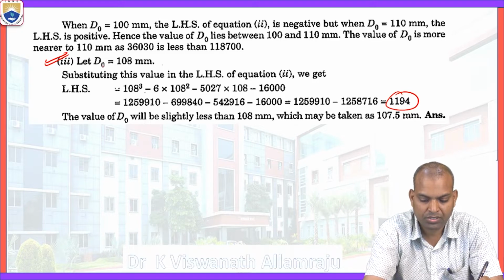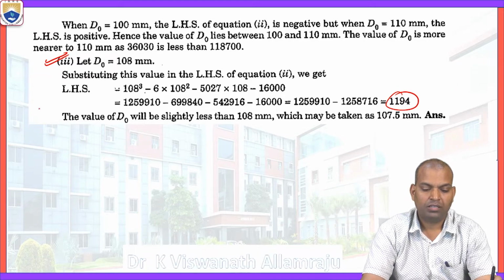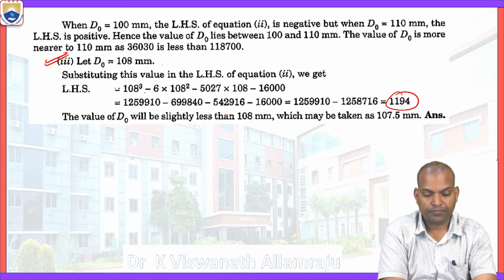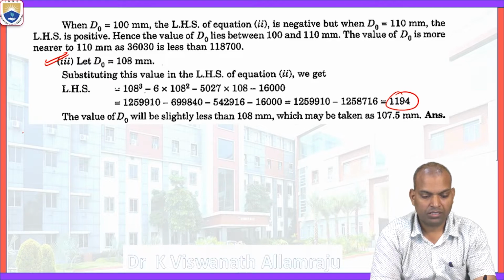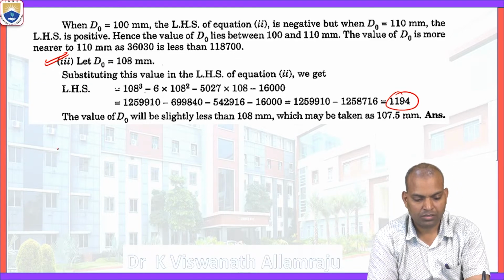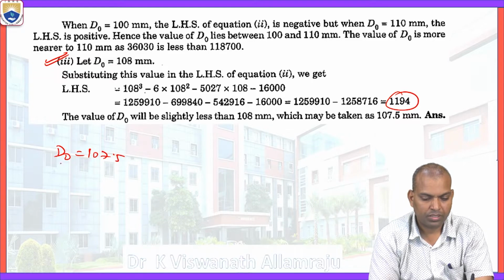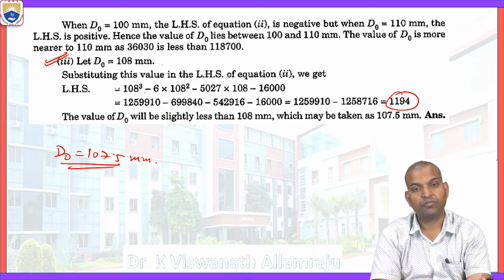107.5 millimeters if we consider it. So that DO becomes the outside diameter, comes closer to the zero value. That's why 107.5 millimeters is considered as the outer diameter of the shaft. That is DO is 107.5. So this value is by trial, and whenever a cubic polynomial comes, you have to go for the trial and error